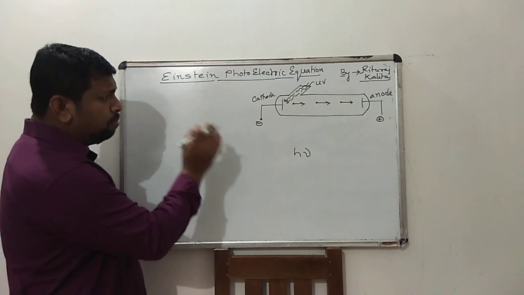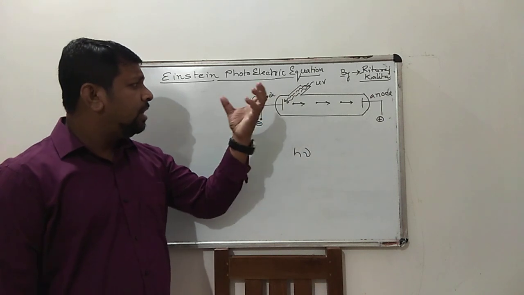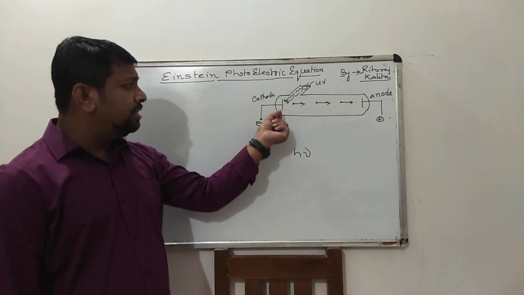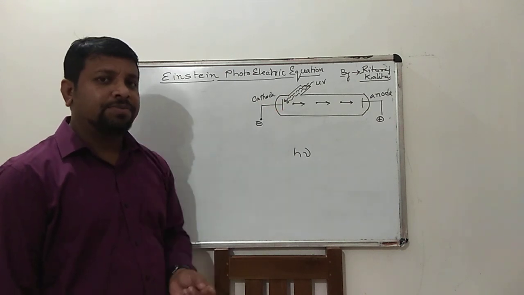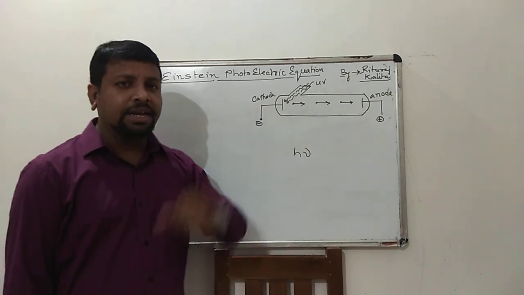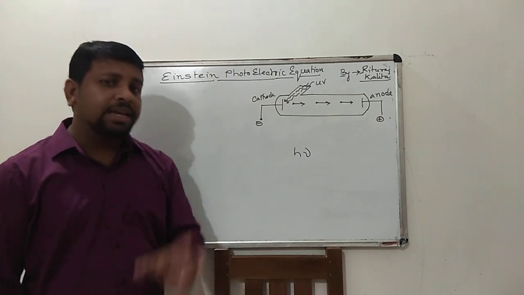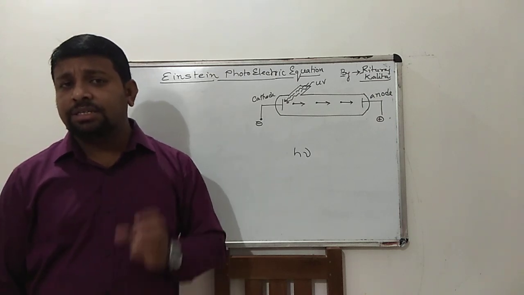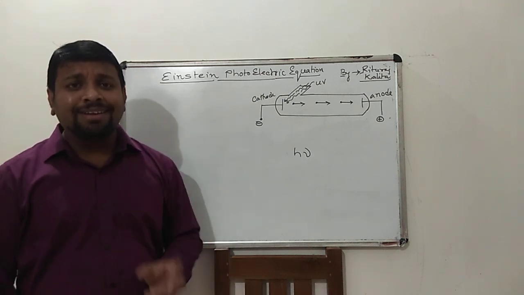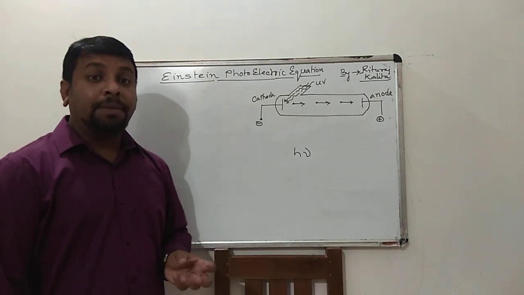If h nu amount of energy, that means the energy of the ultraviolet radiation, is incident on the metallic surface, that is the cathode, in the gas discharge tube, an evacuated glass tube, there is a cathode and an anode, two electrodes. When light energy is incident on the metallic surface, then